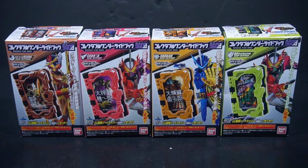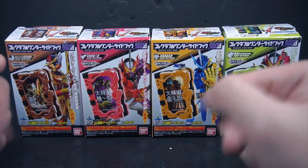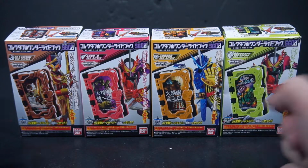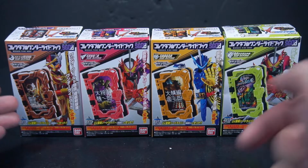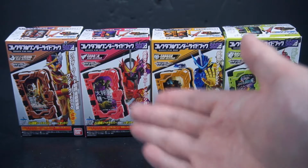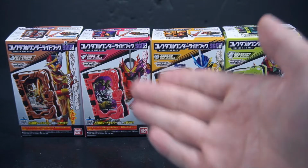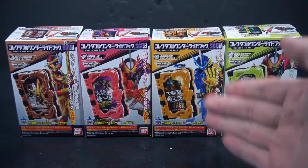Hello viewers, Power here to review the Kamen Rider Saber Shokugan Wonder Ride book set 08. So here we have half of the final candy toy Wonder Ride book set, where it comprises of the Wonder World story of the Eine Ken Hiroshi. Now I got the Rider Wiki up, the Dai Shogun Momoni Chiro Wonder Ride book, the Daiyoko